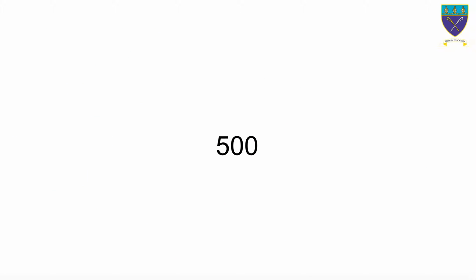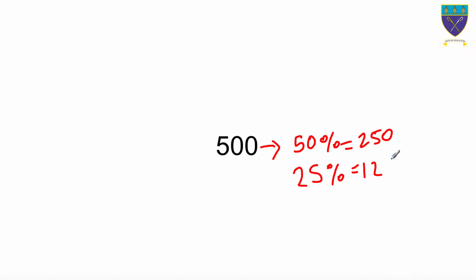Again, for 500, I do exactly the same thing. We are always going to start by finding 10% and 50% and start building up our percentages from there. So 50% would be equal to half, which is 250. And then 25% would be half of that, which would be 125. So 75% would be